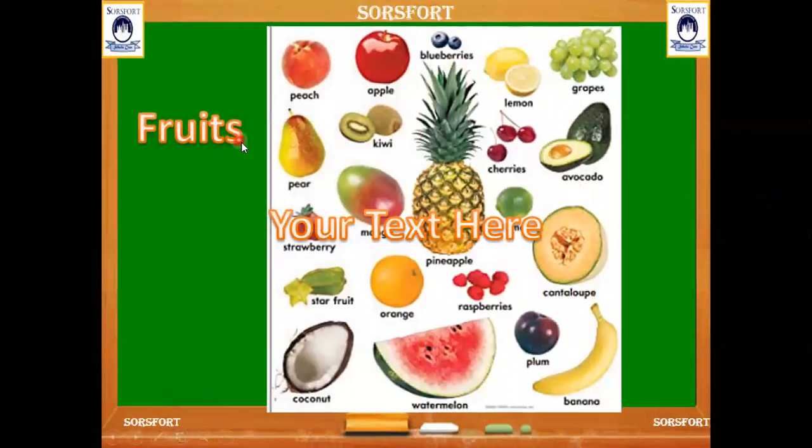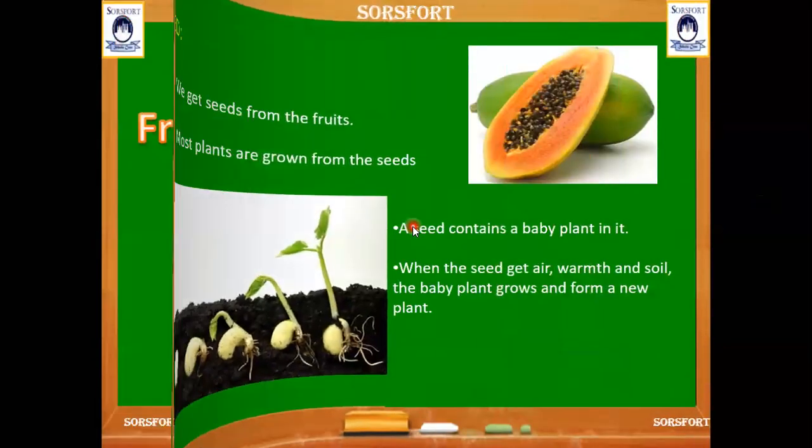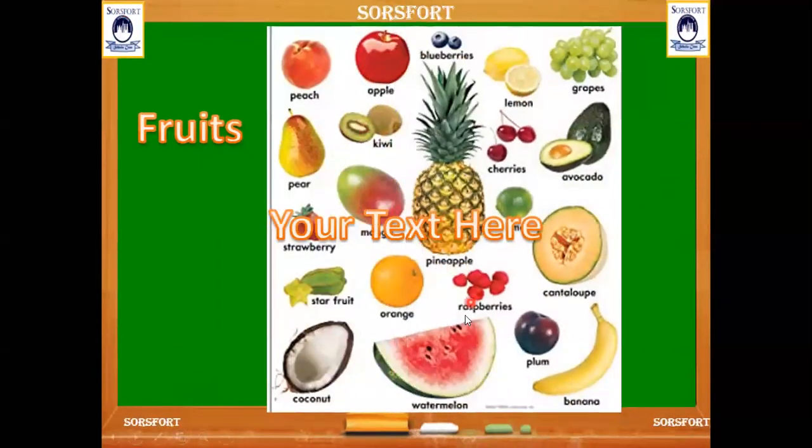Here are different types of fruits we can see here. Peach, apple, blueberry, lemon, grapes, avocado, cherries, kiwi, pear, strawberry, mango, pineapple, lemon, cantaloupe, raspberries, orange, star fruit, coconut, watermelon, plum, and the banana.